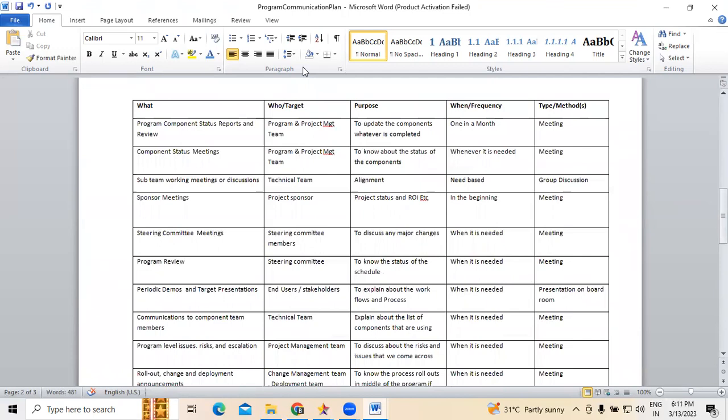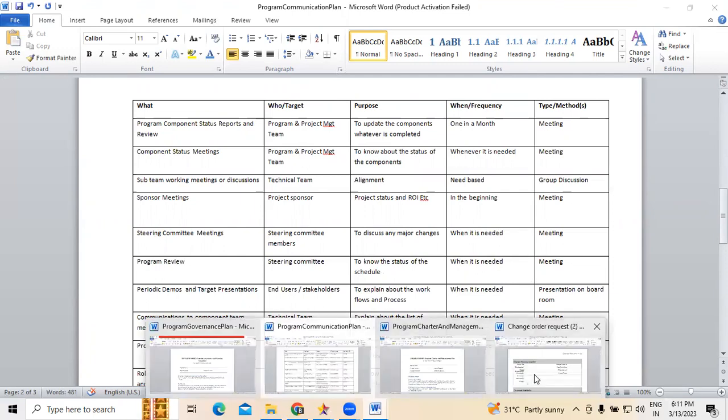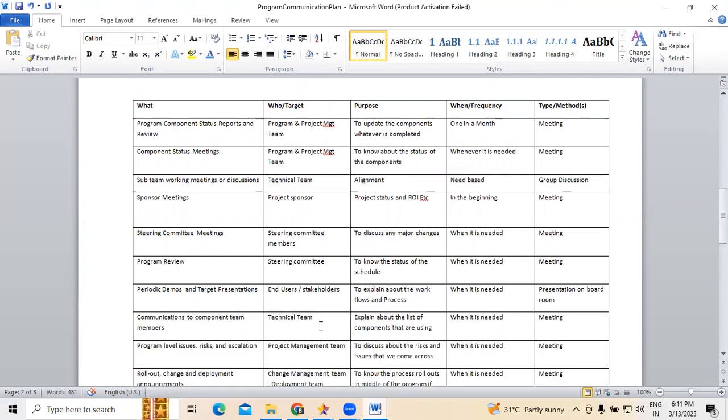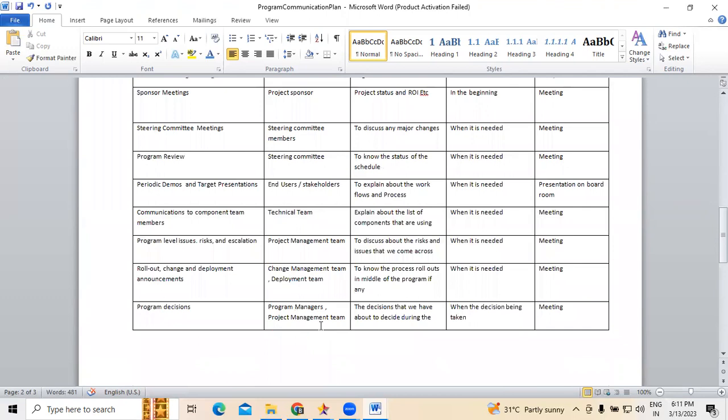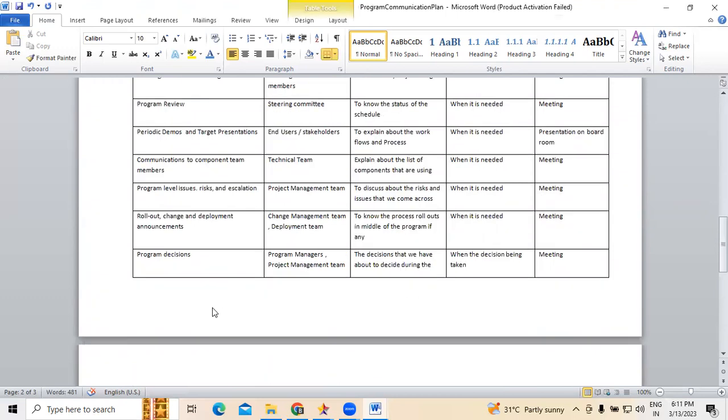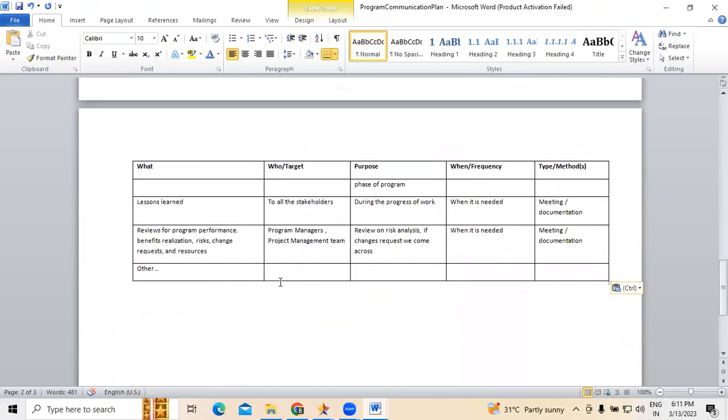So what about project ending? This is a communication plan, not a project ending. In the communication plan, like project closure or something, shouldn't there be a meeting for that too, like how there was a project kickoff? That we can write under others. No problem. In others.